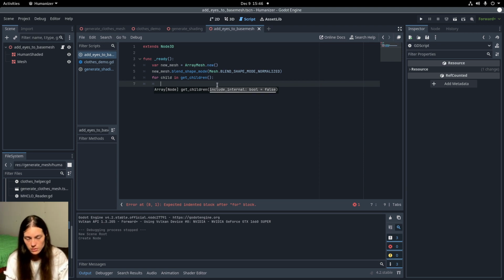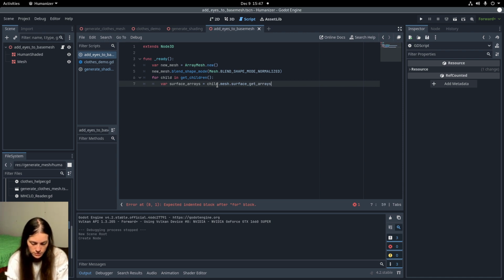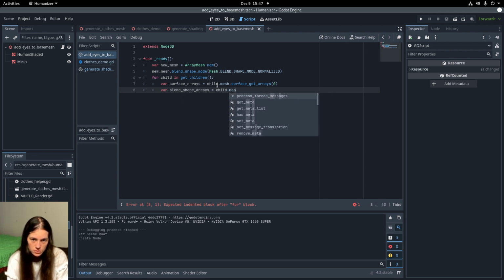And so for each one, I'll get the surface arrays from child.mesh.surface_get_arrays on surface 0, and I'll set the blend shape arrays equal to child mesh dot surface get blend shape arrays,